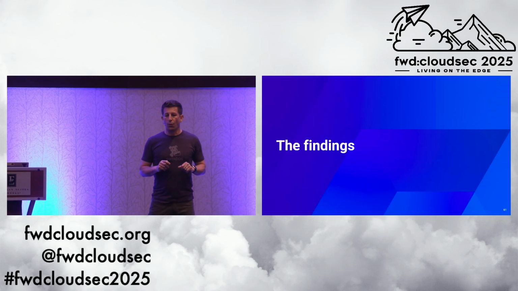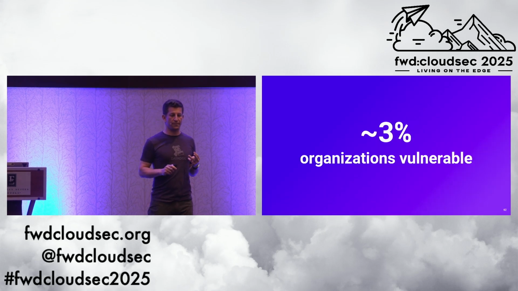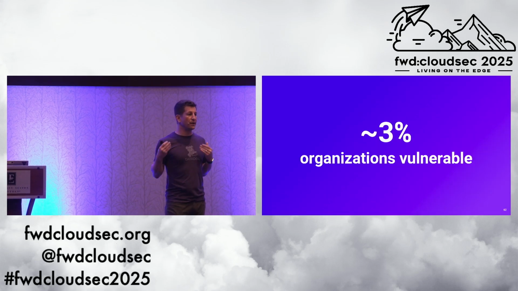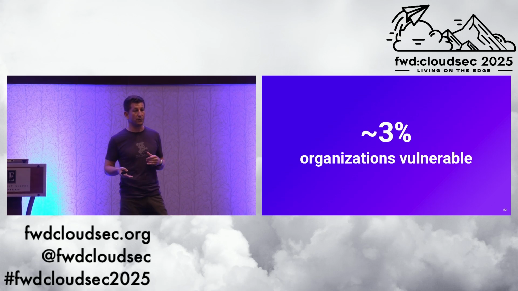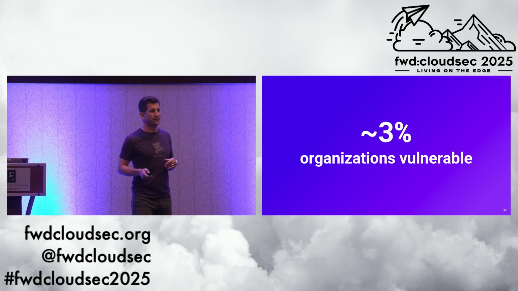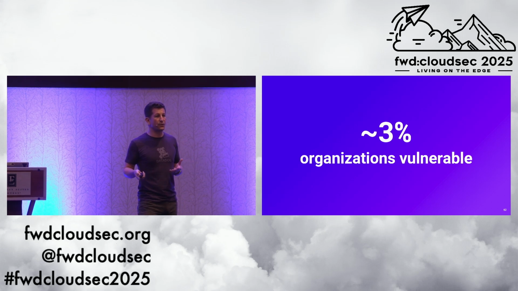Okay, so what did I find? I'm going to share 3 findings with you because there's only so much time. The first is that when we deployed that Cloud SIM rule to our customers, we found in any given month between 2 and 4% of our customers were vulnerable to that pattern. Now, if you extrapolate that beyond our customers worldwide, that's a lot of AWS accounts that are likely vulnerable right now. Probably at least one of you in this room.